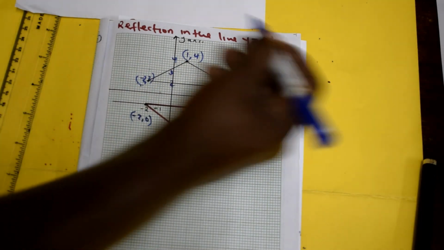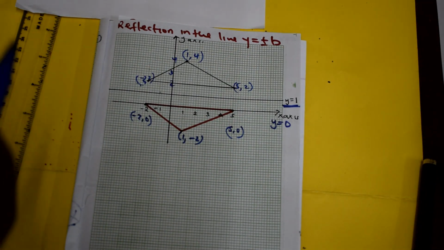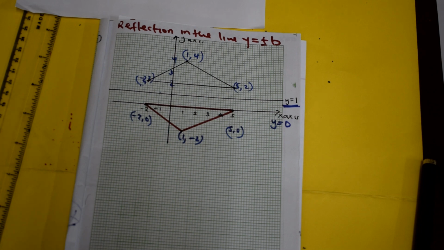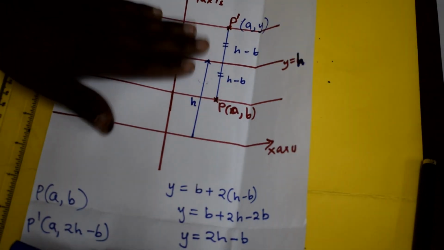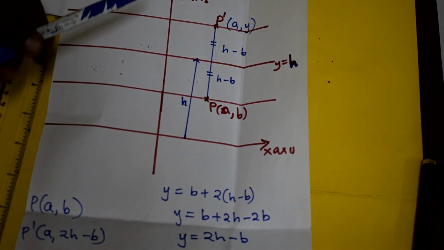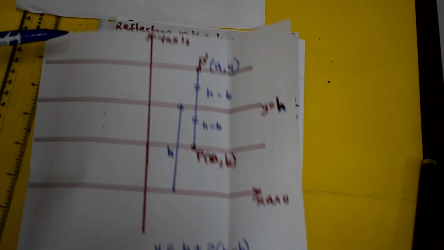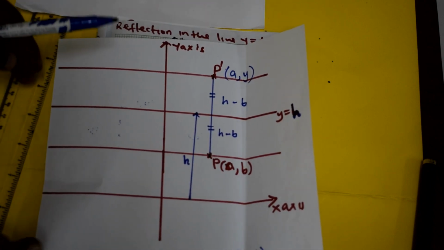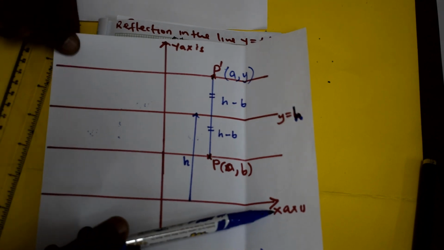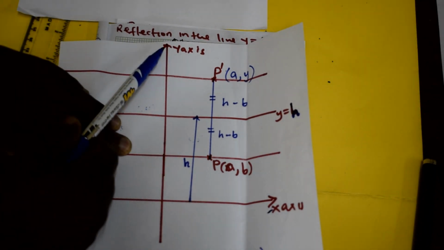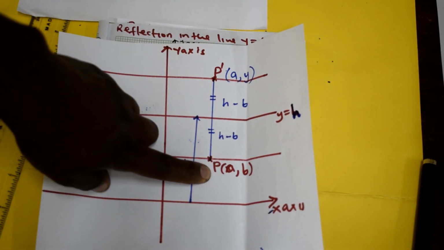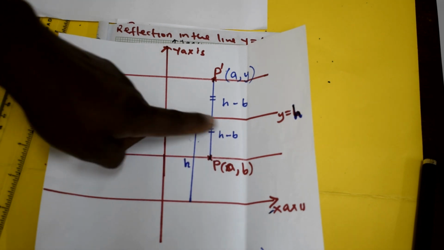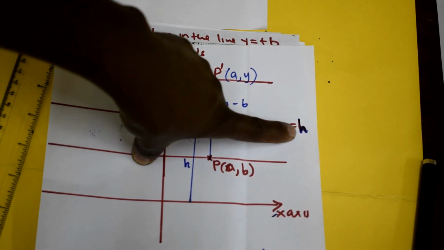So what happens when the line is y equals a plus or minus b? So we can use calculation and come up with a conclusion in case this point is done. So consider a case, we have the x-axis, we have the y-axis, then our point P, which is (a, b), is here, which has been reflected along this line. We are calling it y equals h,